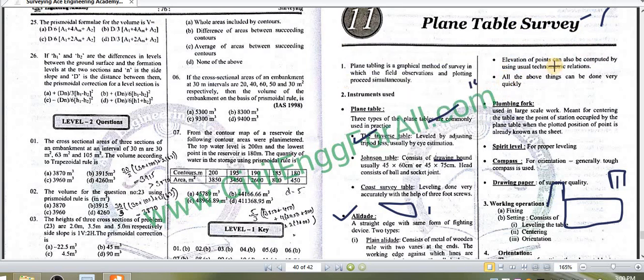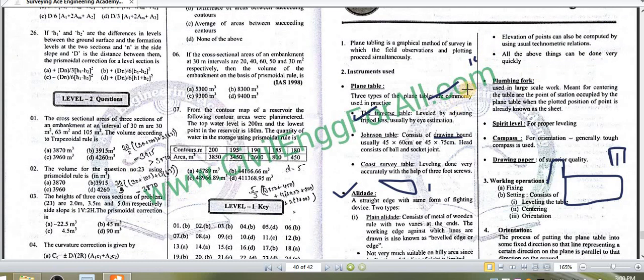Next, the elevation of a point can be computed by using your usual tachometric relation. As I have told you, you can use your tachometric relation to find out the horizontal and vertical distance. Next instrument which is required is your plumbing fork. So plumbing fork is basically used for large scale work,